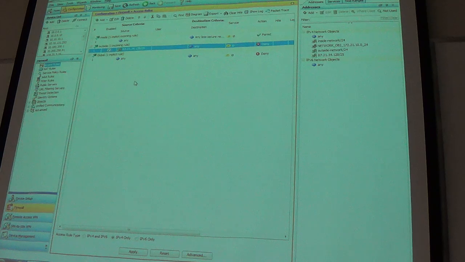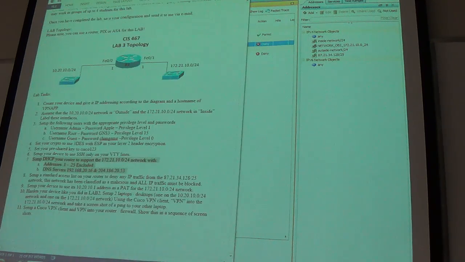Just the source address to set it up as a standard access list. Just the source address. Okay? Alright. Now, I have to set up a PAT, a port address translation,